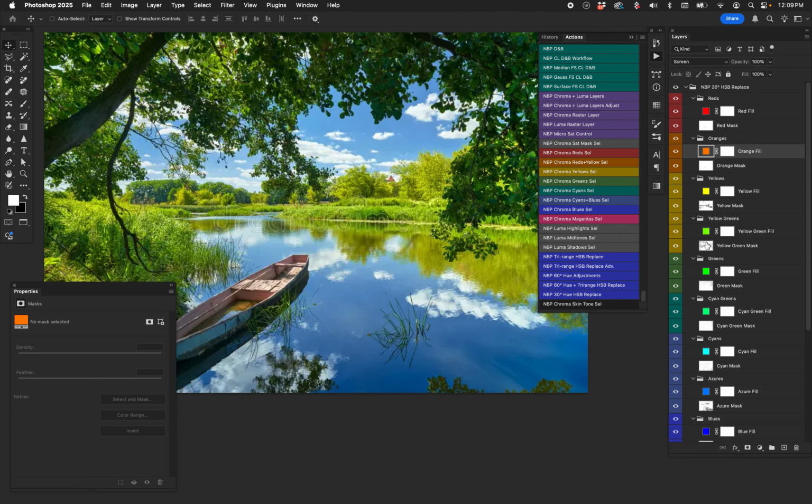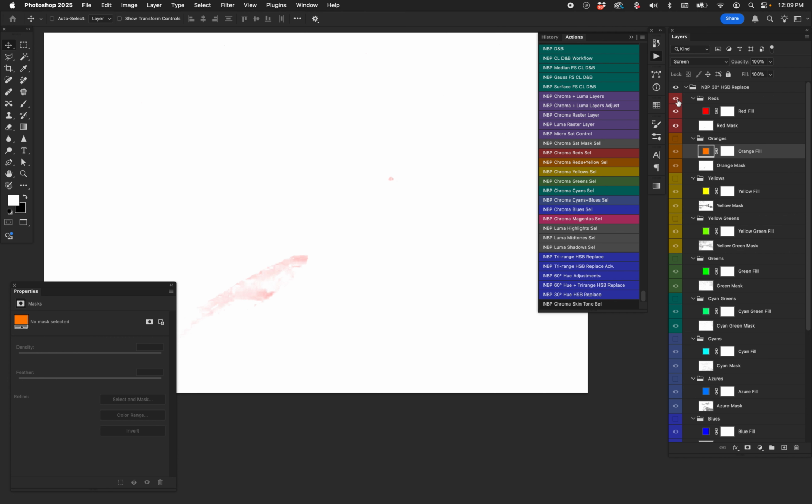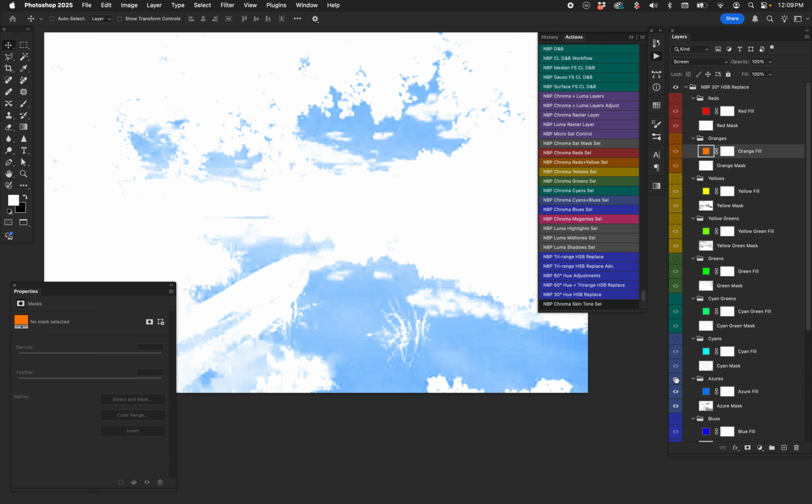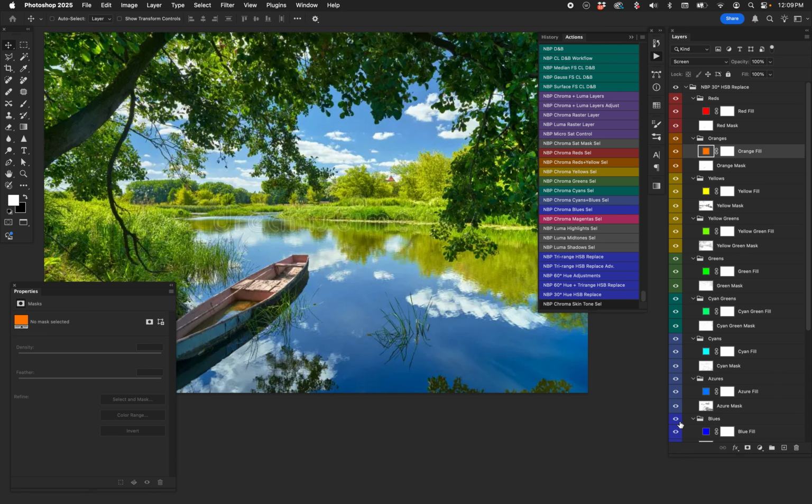And then hit the little eyeball again to bring it back. What are the reds doing? Hold down Alt or Option. The reds also in the boat, of course. I bet we know what the blues and cyans are doing. A little bit of cyan in the water. Here the azures. Azure, I guess. I always say azure. And the blues ever so blended in. We got the yellows. Doesn't matter. You don't have to visualize them